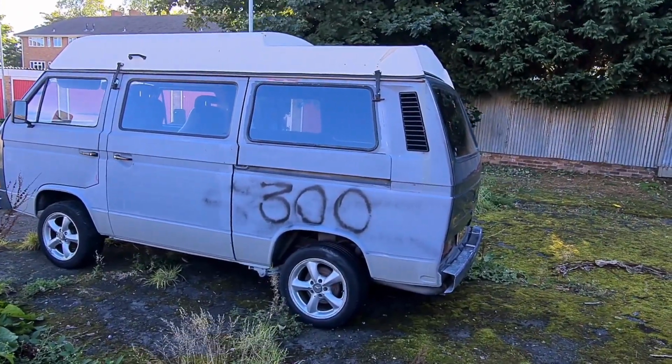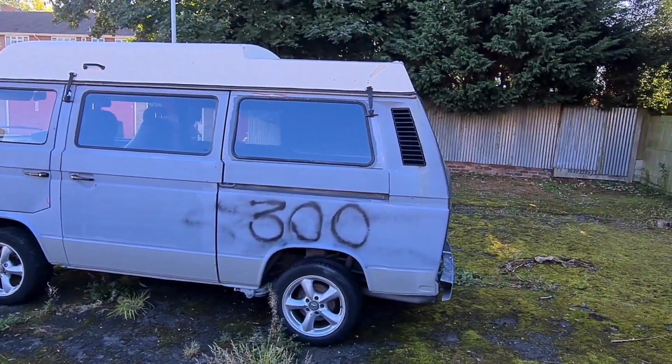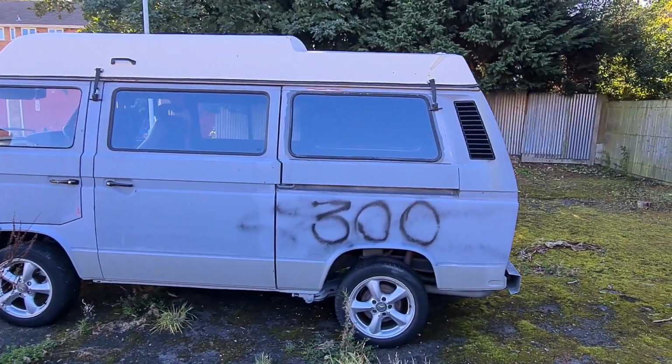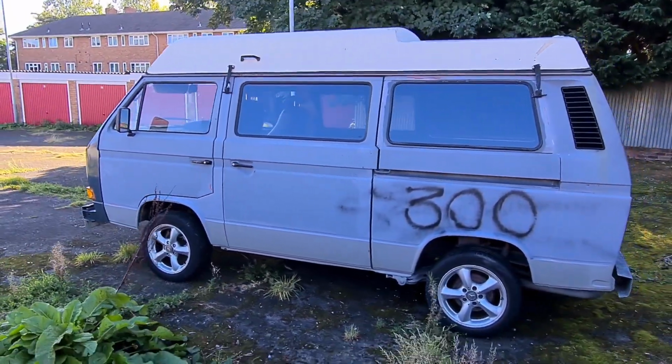So I'm going to rub the primer off there. I'm going to start getting that rear quarter ready for maybe paint on my mornings next week, so maybe something I can do in the afternoon when I get back from work. So paint wise, that's where we are. Other jobs,